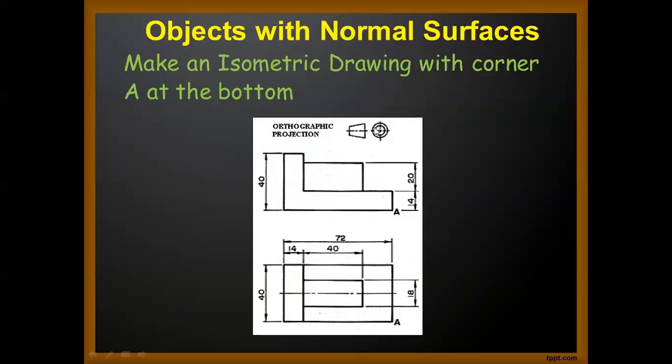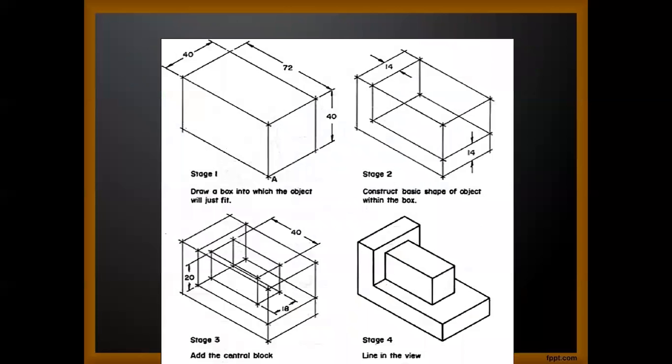Okay, so our assumption is correct. It is drawn in first angle projection method. So first angle projection method means this is front view, this is top. Okay, now over here it should be O. They have taken A, but it should be O. O means origin. First, we have to draw the box. For that, we need an origin.